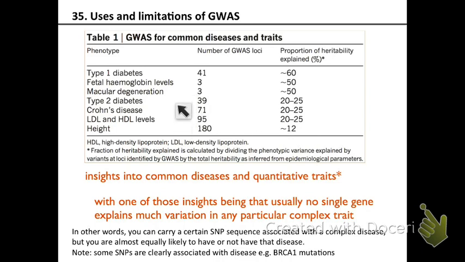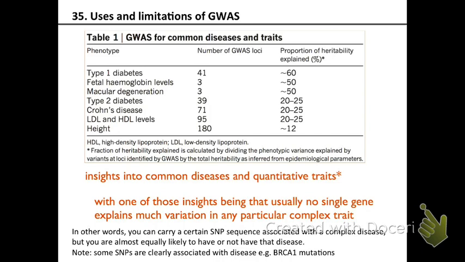But for a lot of other diseases, as shown here, the number of loci that are associated with the disease is very high. What that means is the number of genes that contribute to that disease is very high. Okay, so these we call the complex diseases. The disease is the result of many, many gene mutations. And it's difficult to find which of these genes are actually contributing, because their contribution might be very small, okay? And that's why it's very difficult now to actually find the genotypic basis of complex